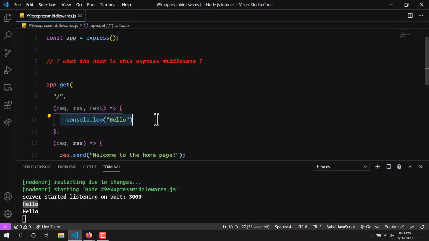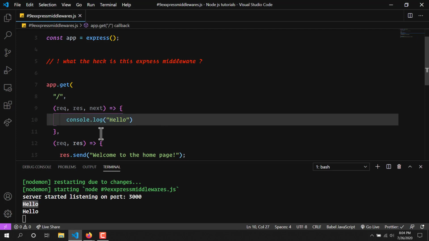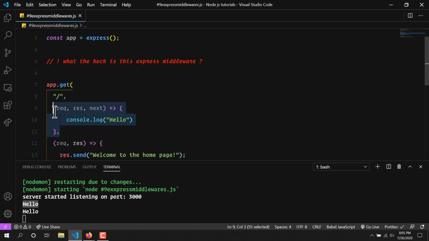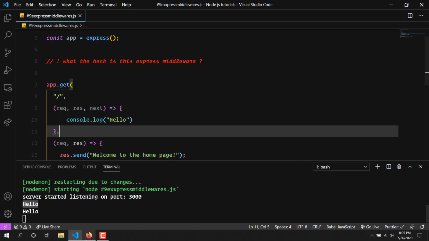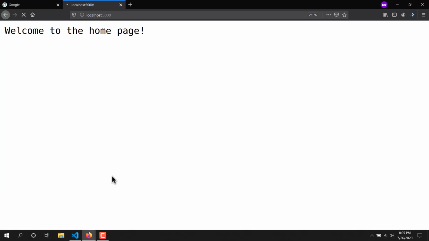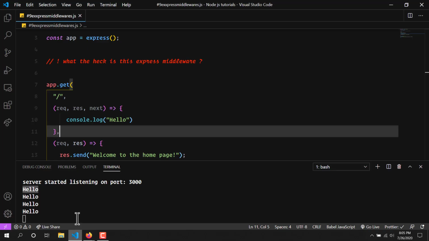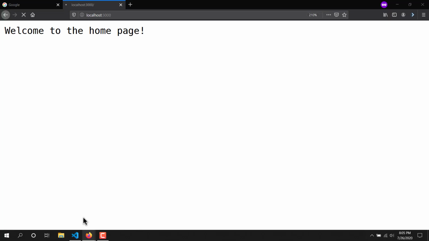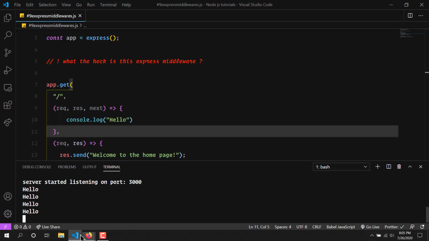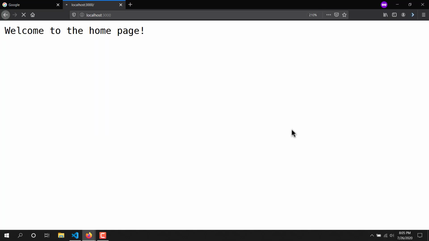If you don't know what an anonymous function is, it is simply a function that doesn't have a name. But in this case it is not anonymous, it is a callback. As you can see, as many times as I refresh, we will see hello. So Express middleware is a piece of code that runs before displaying the actual content.